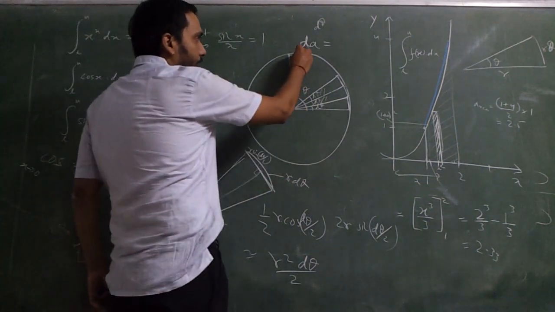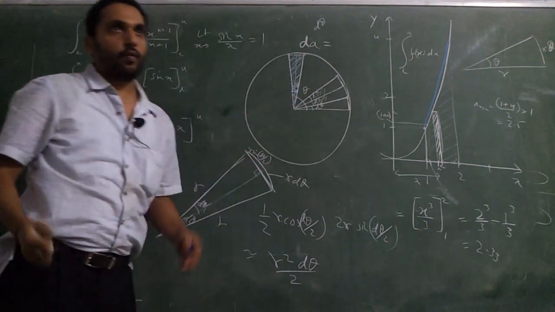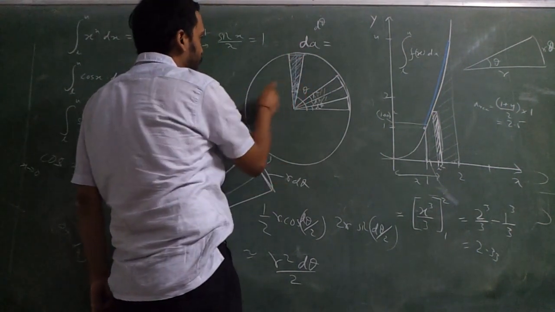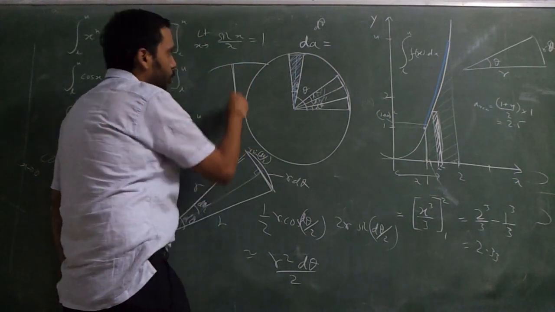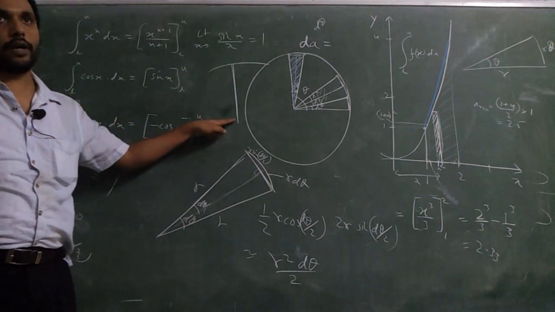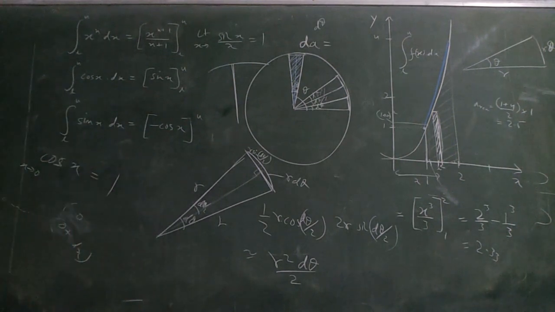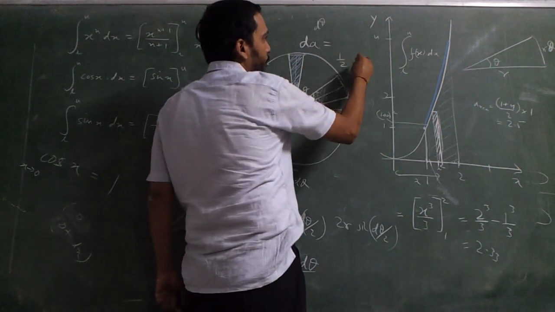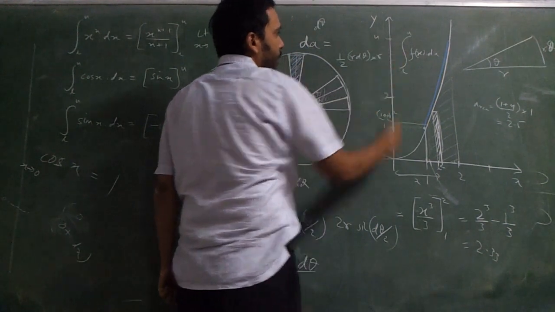This height of the triangle, this r and everything will be almost same. Why? Because the triangle is very thin, very thin. It's not like this. Actually, it is something like this. Closer than that. Get the point? If you have infinite divisions, this is the triangle we are talking about. So radius, height and everything is almost the same thing. So half base into height becomes what? Half base is r d theta and height is r.